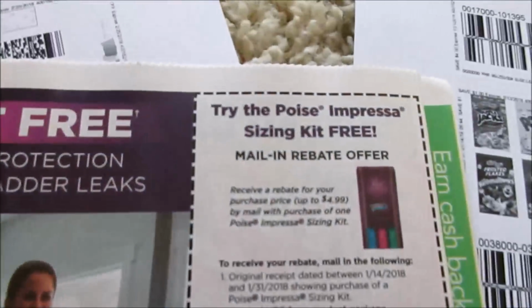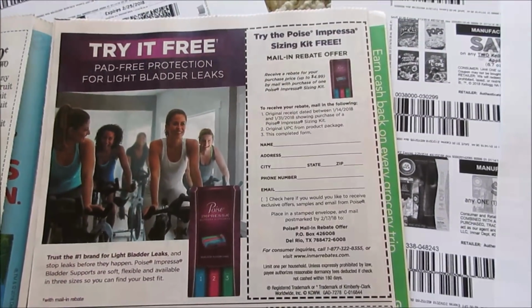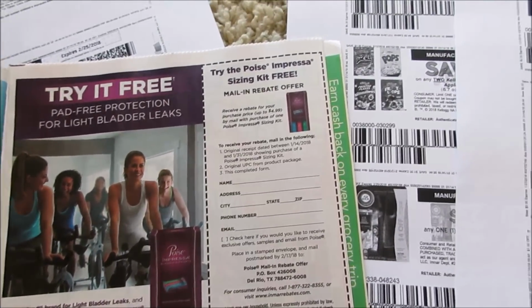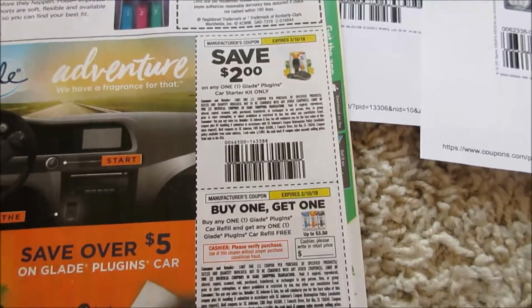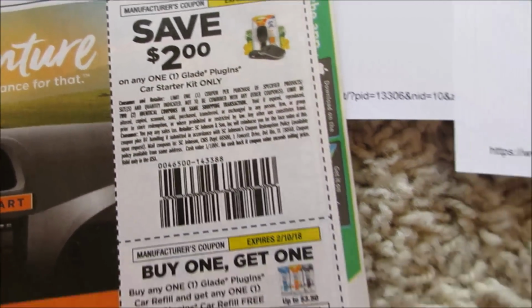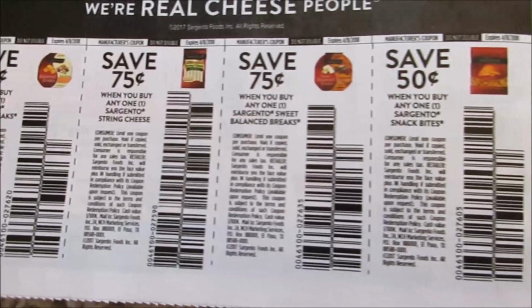We got a Poison Preza sizing kit. You guys could actually send this in and they'll probably send you a whole free sample plus some coupons if you guys want to get something free in the mail. Actually, no, it looks like you buy it, and then you'll get a mail-in rebate with your money back. Okay, so there's that. We got Glade, $2 off the car starter kit, and then the plugins, buy one, get one free. Dollar General, Sargento cheese,